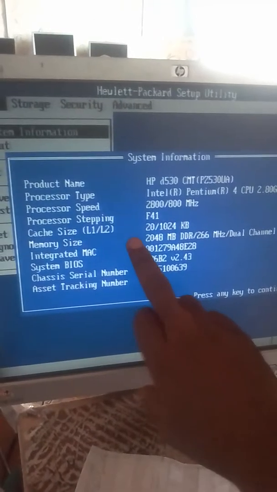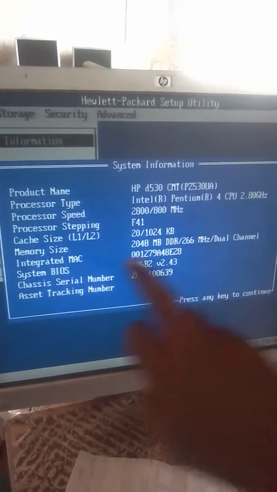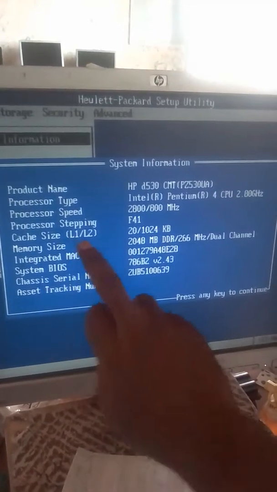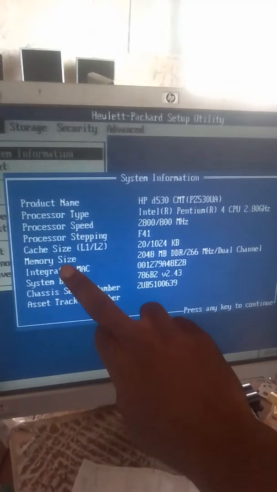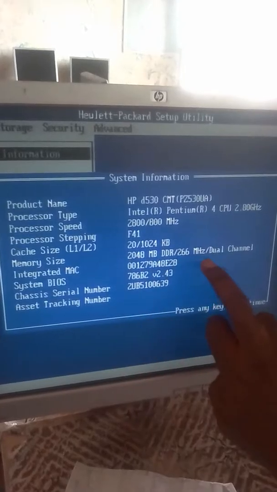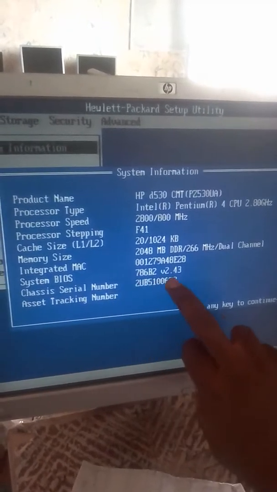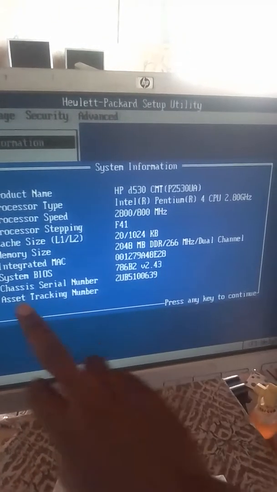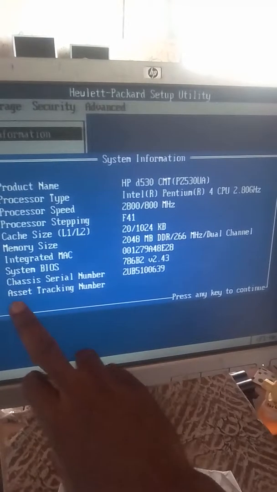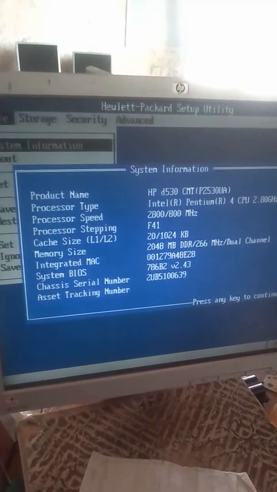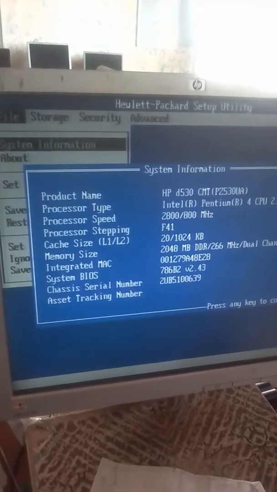And what does DDR simply mean? It simply means the RAM, Random Access Memory. That's the RAM. And we have the Intel MAC, the system BIOS, the chassis serial number, and the asset tracking number. Now to go back, you press your ESC,